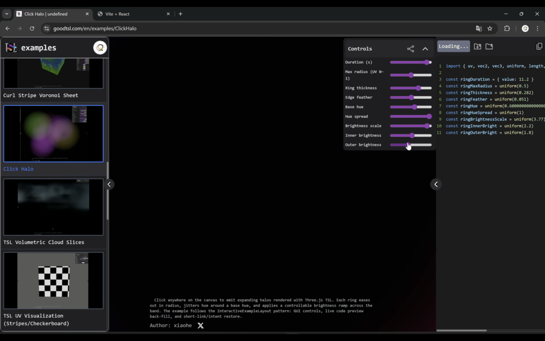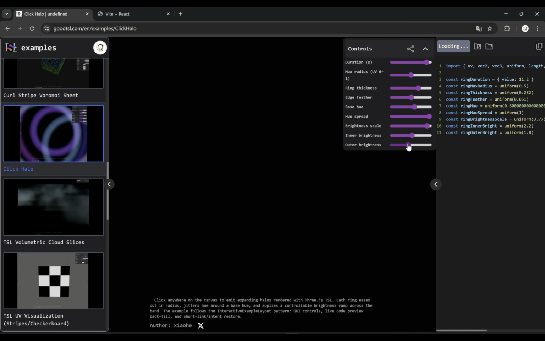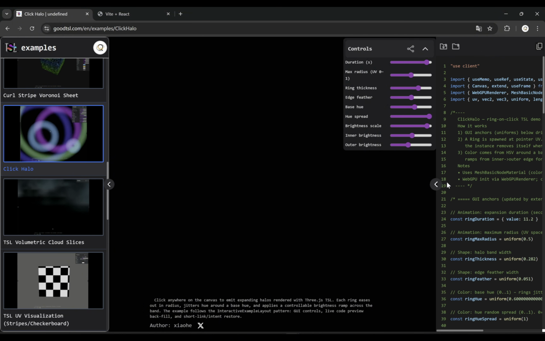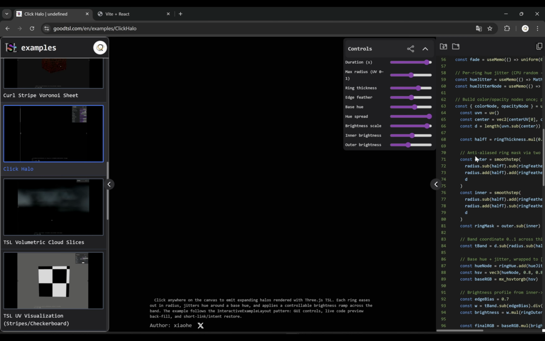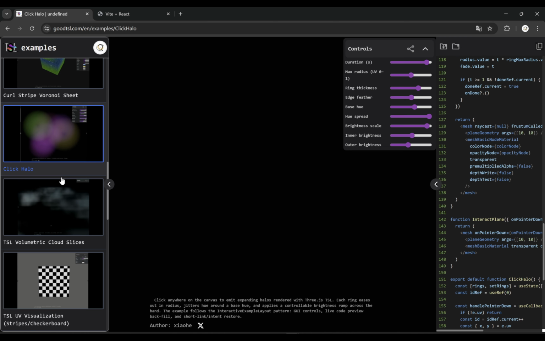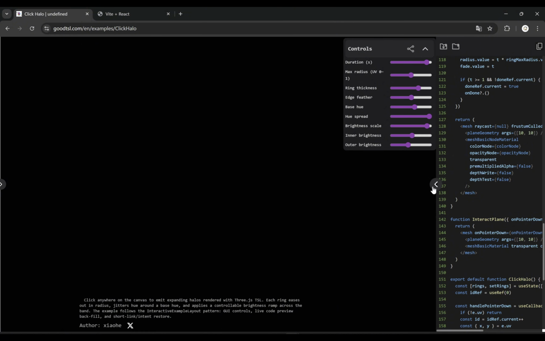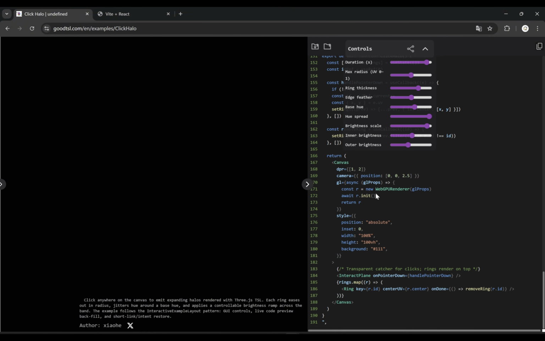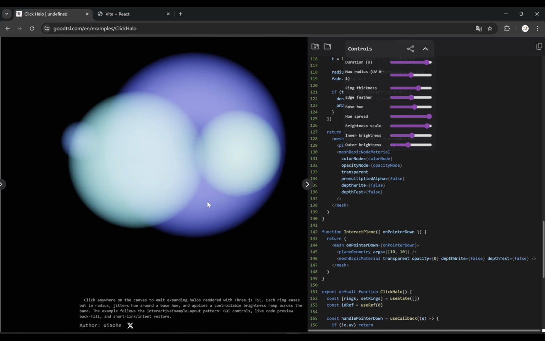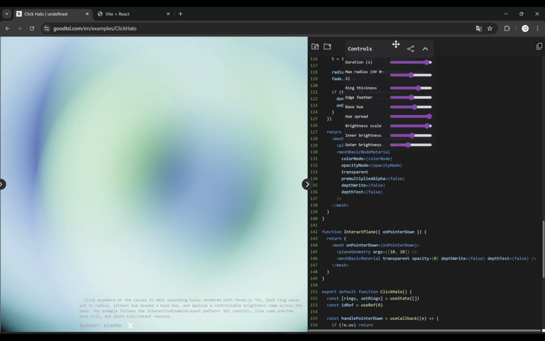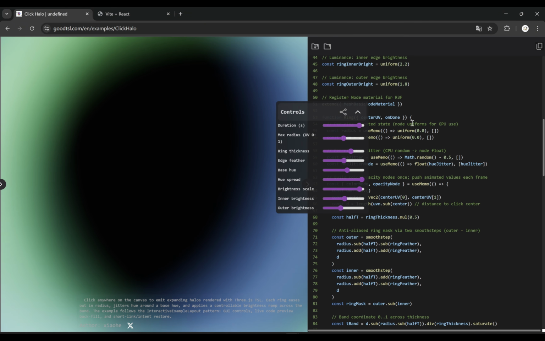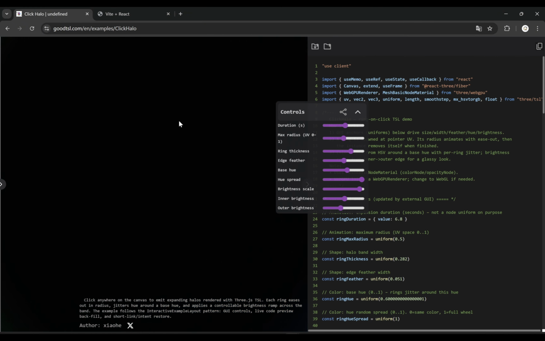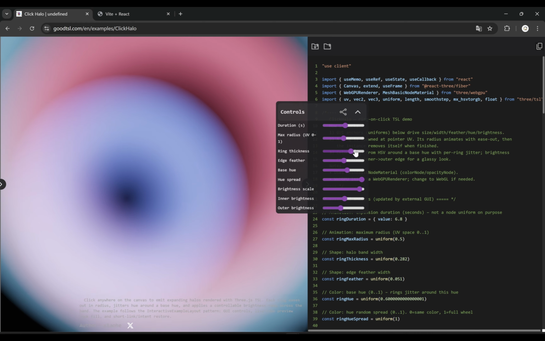Let's summarize the architecture. The bottom layer is an invisible interact plane. The top layer is a list of dynamically generated rings. React handles life and death. TSL handles light and shadow. See, once you bridge the gap between React and TSL, you're not just creating a ring, you're building an entire